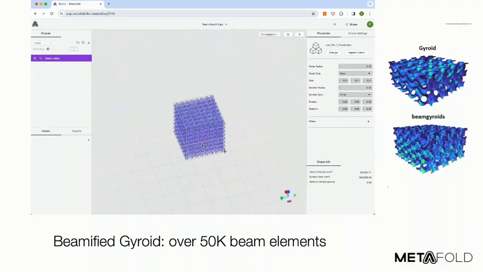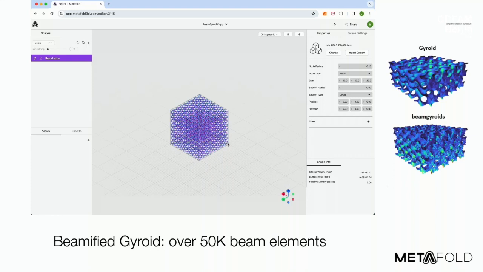What I've shown here happen to be pucks of lattices. This is absolutely not the only thing you can simulate. We will happily simulate any part. And the magic is really in handling higher complexity geometries. But of course, if you're studying the basic properties of metamaterials, it's a great tool.